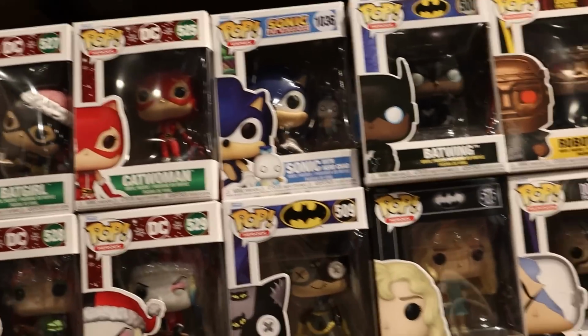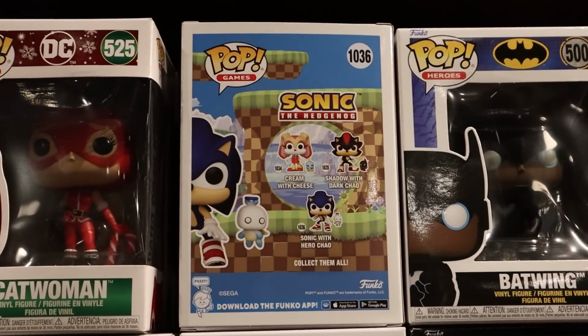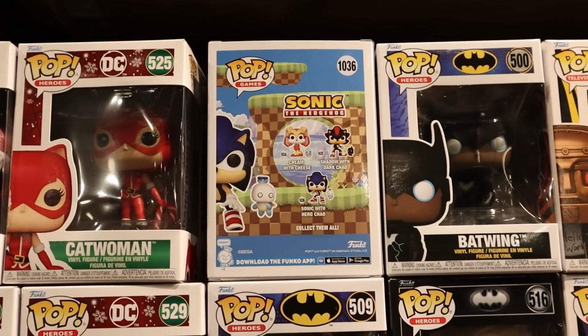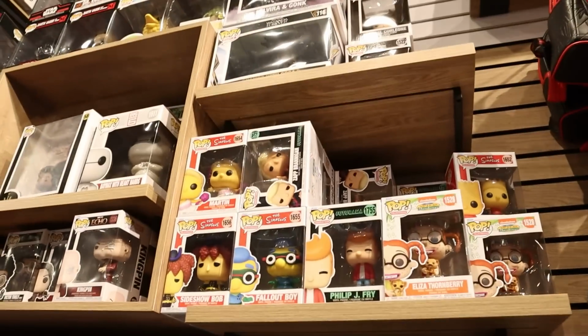That's a fun detail. We also have Sonic with Chow. I think this is a part of a new Sonic line they just came out with. Yeah, there's Sonic with Chow, Cream with cheese, and Shadow with dark Chow. Okay, so I definitely have some possibilities with this one, but I think the main thing that I'm looking at,